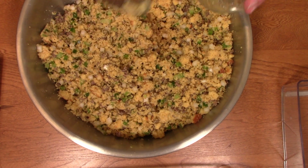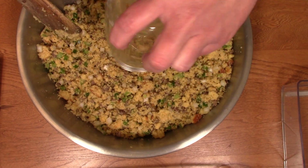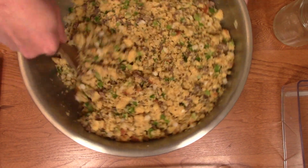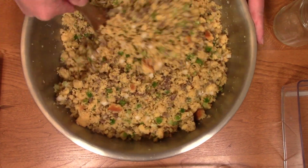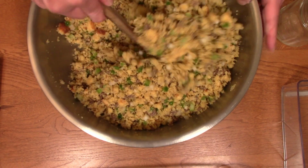I'm really wishing I had more cumin. Come on, last little bits, get out of there. There we go. All right, well, I'll have to live with it. I'm going to go to the store and buy more cumin, and I can always sprinkle a little bit on at the table. But still, this is looking good with about 1 cup of